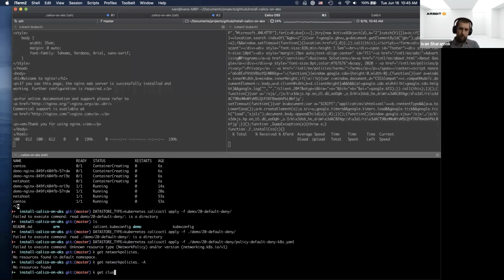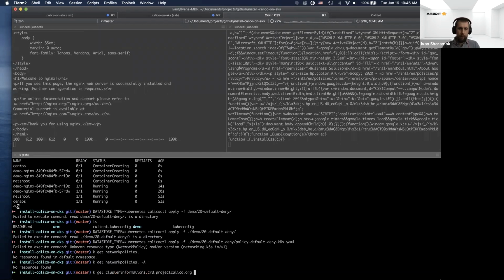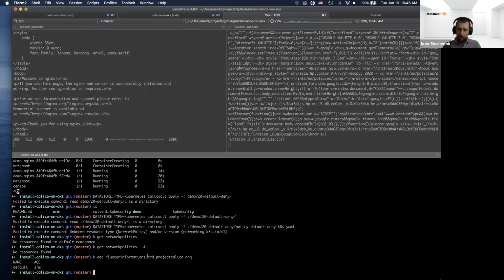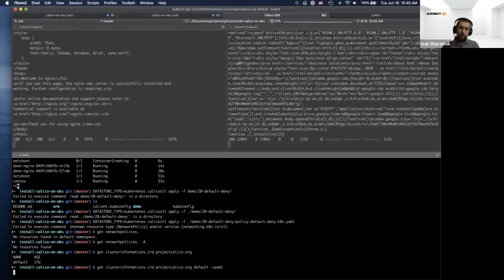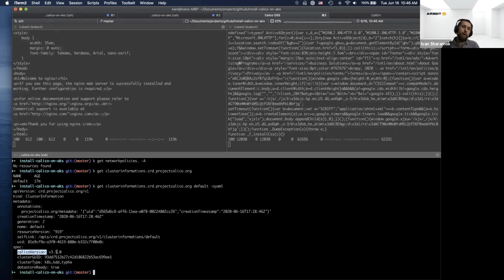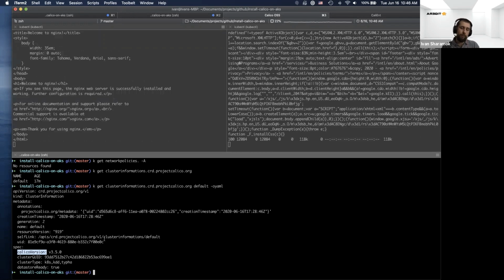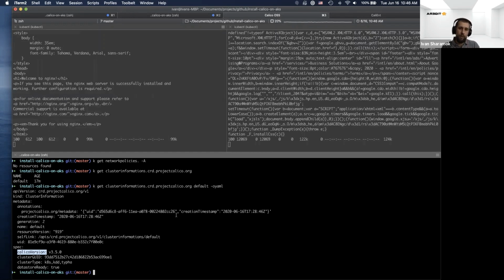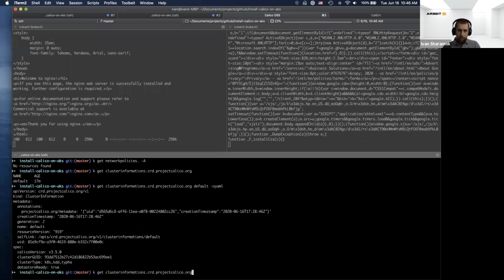Here's quick cluster information, just to show you the Calico version that is used in an AKS managed setup. You can see here the Calico version is 3.5, and you don't really have an option to upgrade this, just because the AKS controller is managing the configuration of it. So for the policy deployment, again,